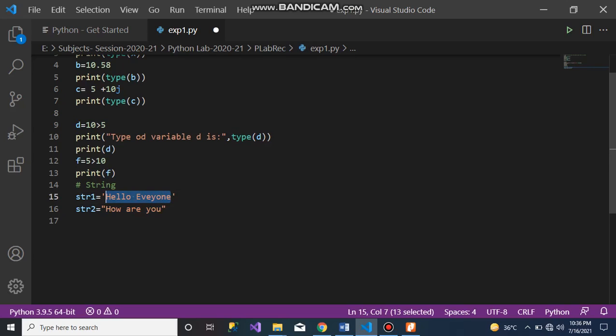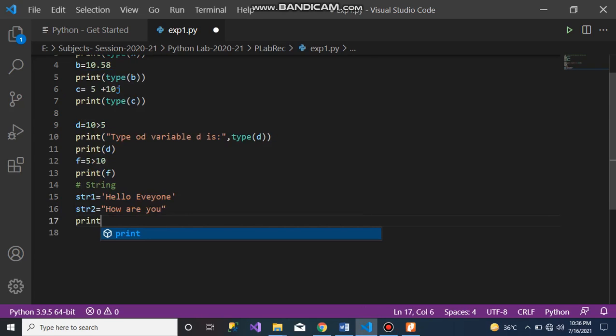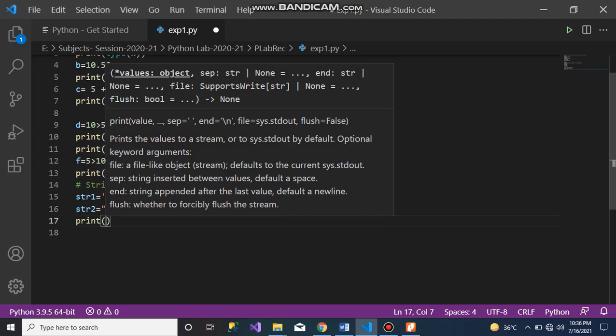Now I want to print the first character of string 1 and the last character of string 2. Then, we will use the indexing value to print the first character of the string and the last character of the string. Now print